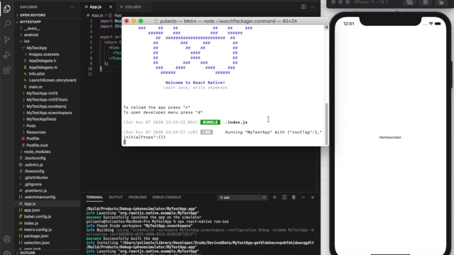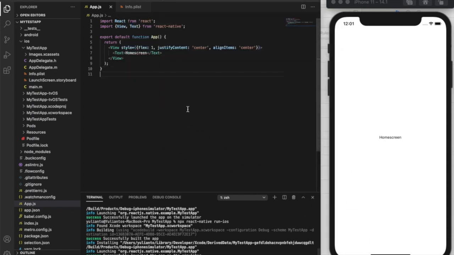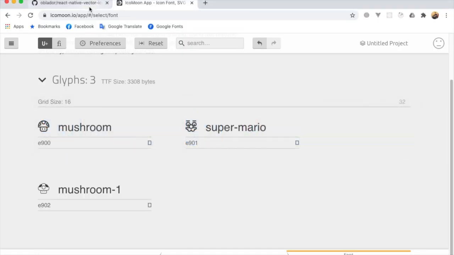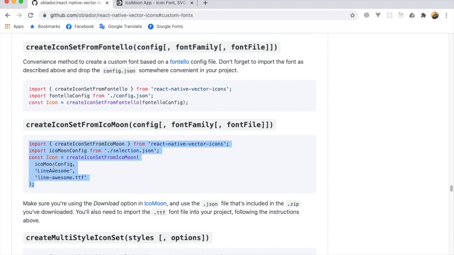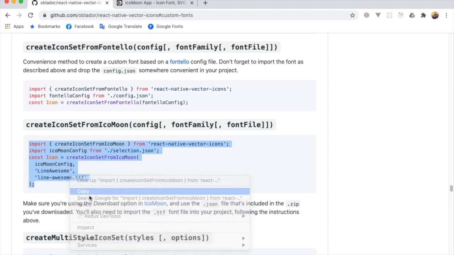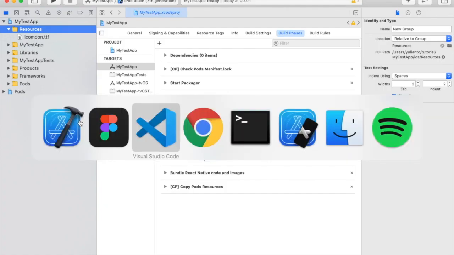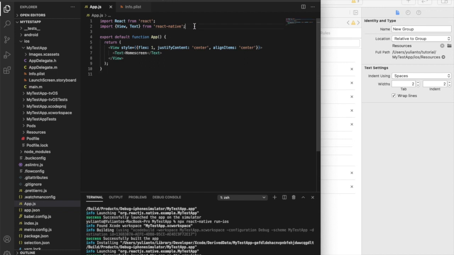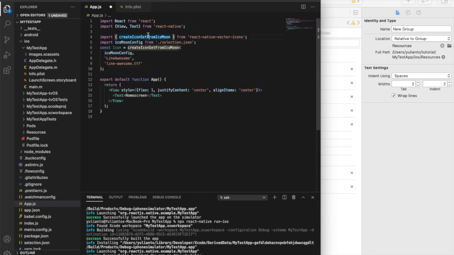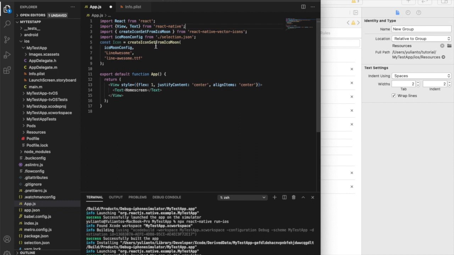Restart the service and then open this documentation again and copy this line and paste in here. Okay, the name is icomoon and the font's name is icomoon.ttf. So I'm gonna change this